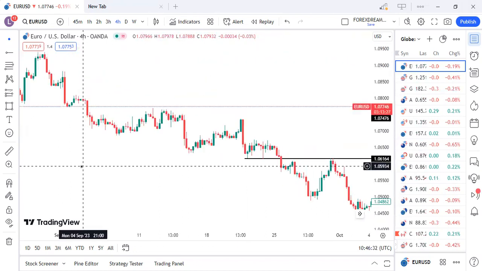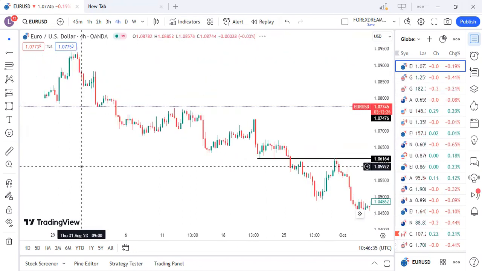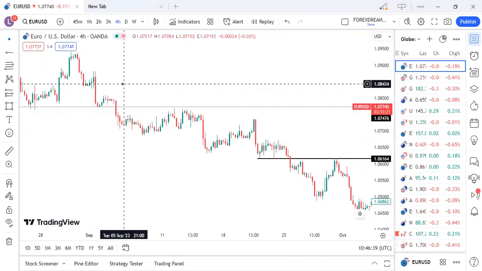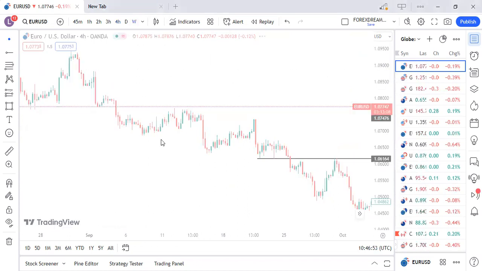Support and resistance: you're going to get it on all the time frames, but before you do everything, start analyzing on higher time frames so that you can have a better understanding of what's going to happen. If you use higher time frames such as weekly, you will know whether the market will go up or down. For an example, let's go to weekly time frame. I'll erase everything here.